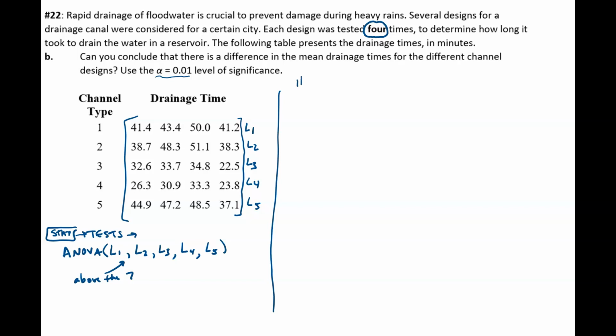So the null hypothesis would be that the 5 drainage times are all the same. So mu1 equals mu2 equals mu3 equals mu4 equals mu5, all right? And then the alternative would be that at least one mean time is different. And then we could look more closely to see if we think it's more or less than the others. All right, so 3 or more means